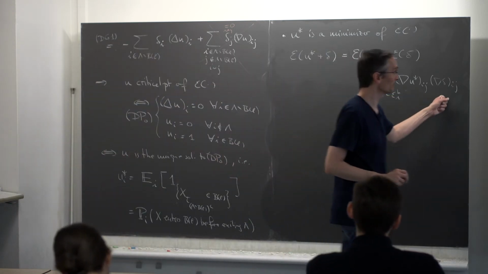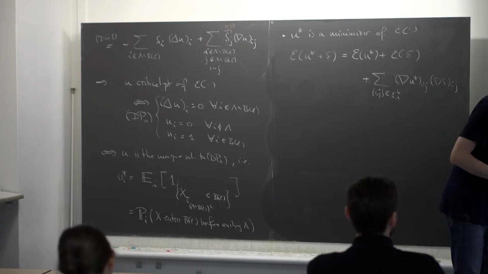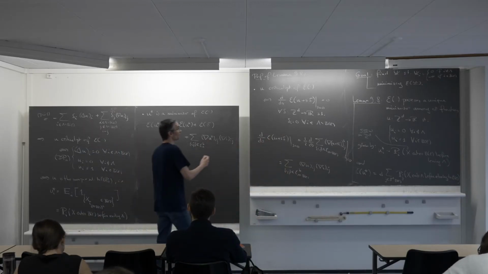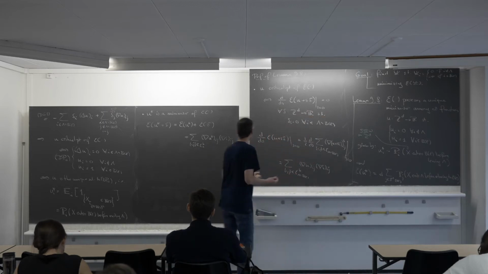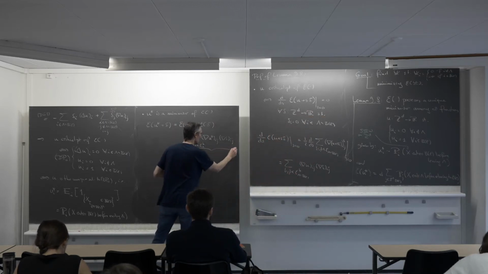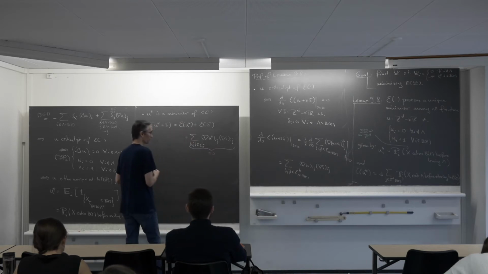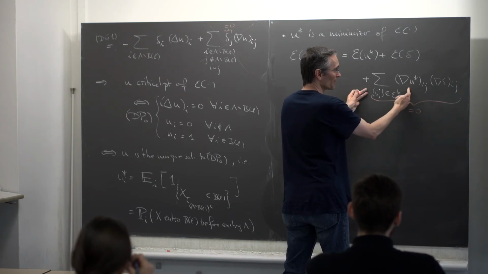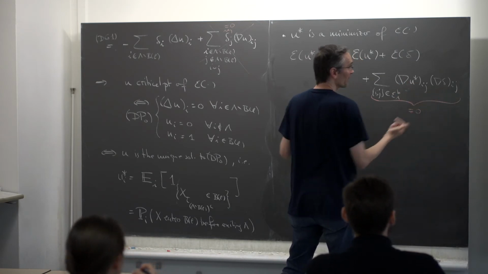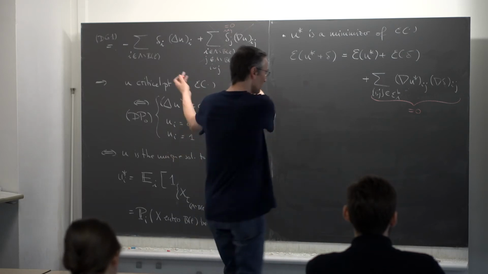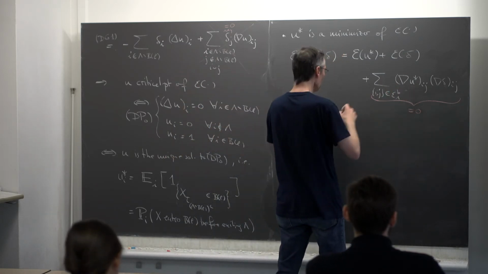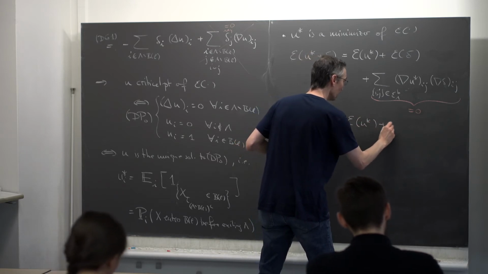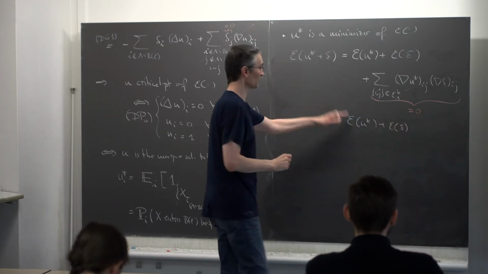But this expression here is exactly the expression we had before, and we have proved that this is equal to 0 if I choose u equal u star. And u star was chosen in such a way that this was equal to 0. So this sum here is equal to 0 by what we had before. If you want, it's again the discrete Green identity. The Laplacian of u star is 0, and the boundary condition on delta makes the boundary term 0. But that's what we have done before. So this term is 0. So what you get is E of u star plus E of delta as an identity.